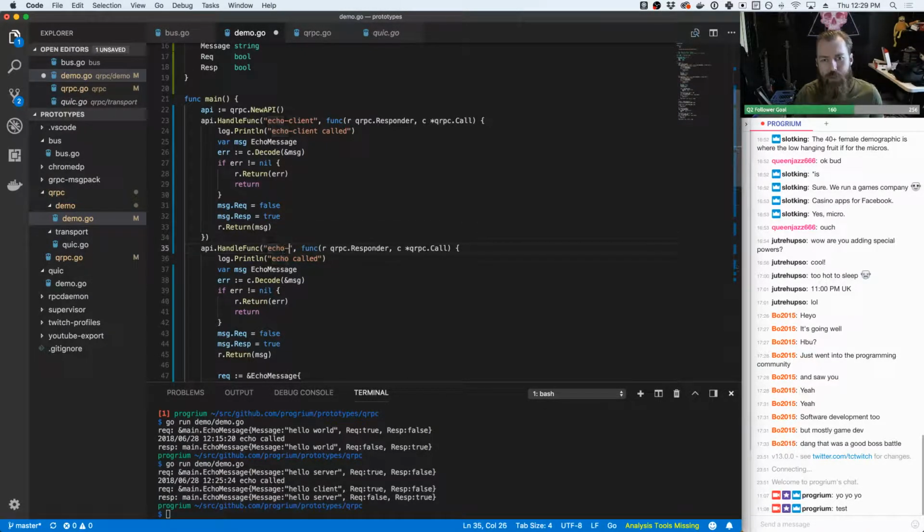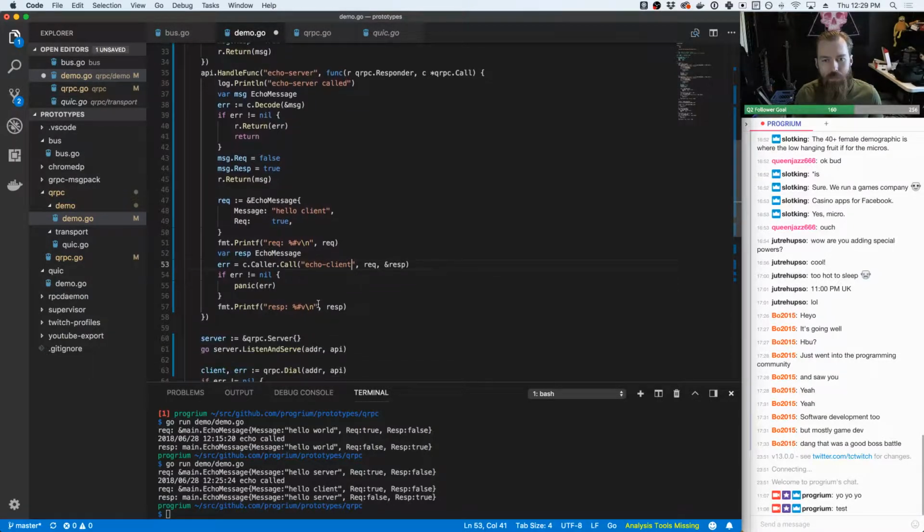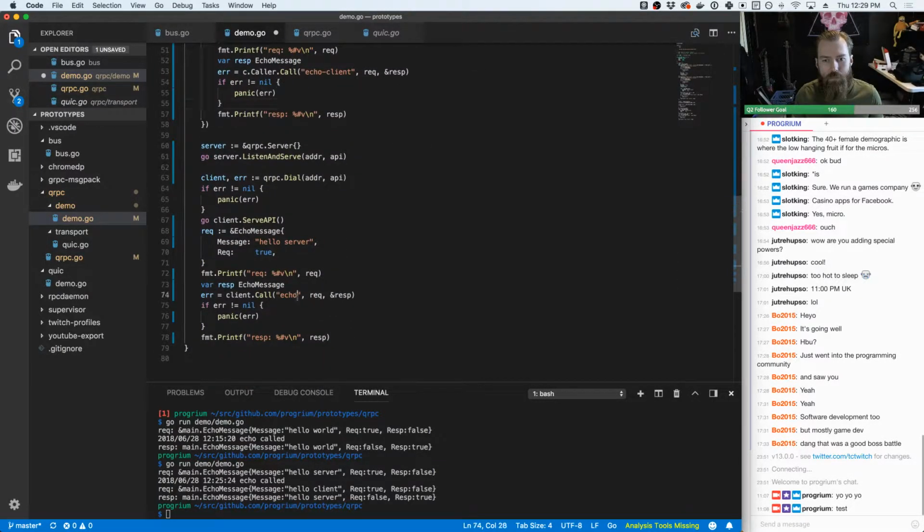And then we have echo server, which will echo and then call echo client. This won't prevent it from finishing before it gets the response on the other end, but